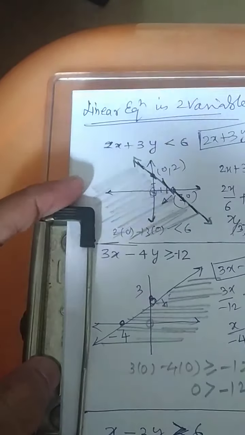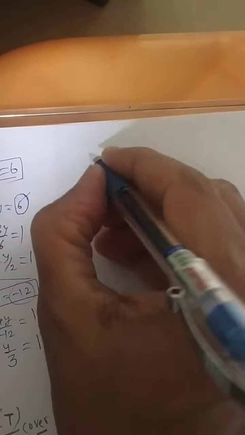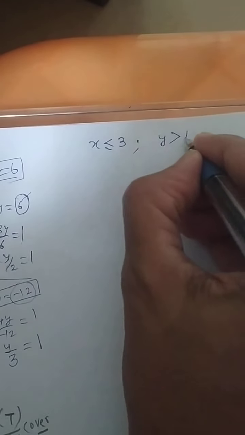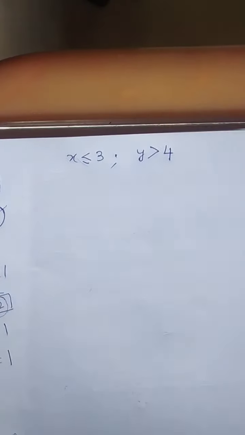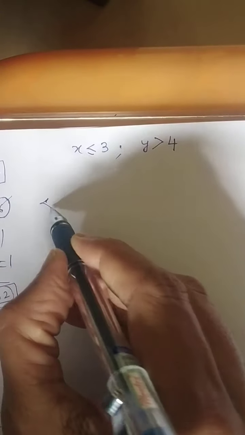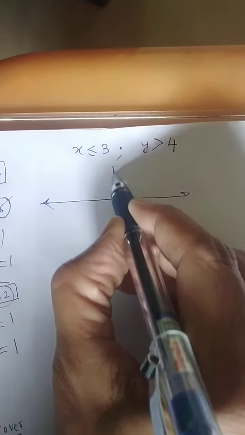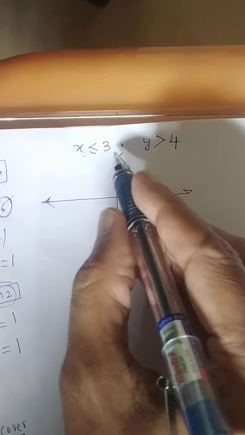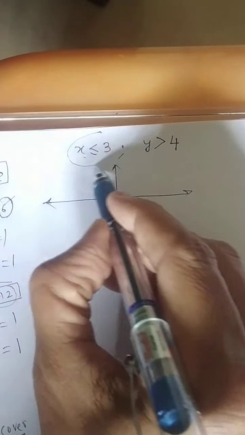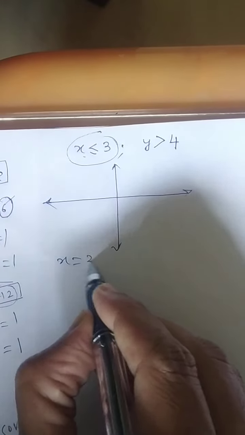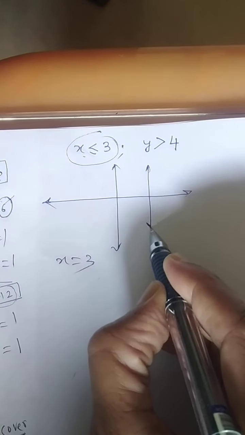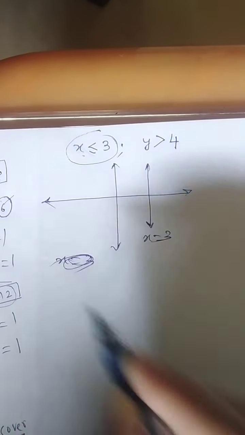Now, in linear equations in two variables, sometimes the problems will be given in this form also. X is less than or equal to 3, y will be greater than or equal to 4. Now your question will be, how to answer this question in two variables? You are familiar with one variable. Now this is the method of answering in two variables. Now which point is there? X, what is the procedure I told you? This is to be considered as x is equal to 3. X is equal to 3 is the line which is parallel to this one, is nothing but x is equal to 3. Is it okay?